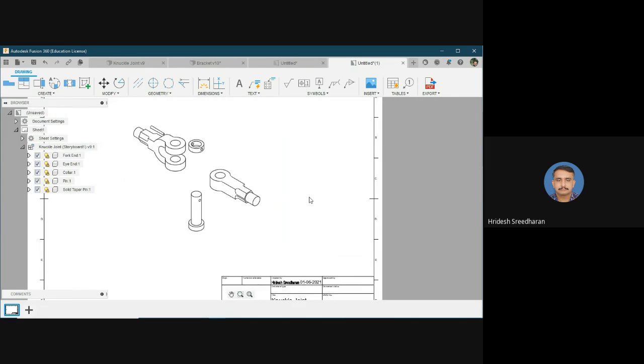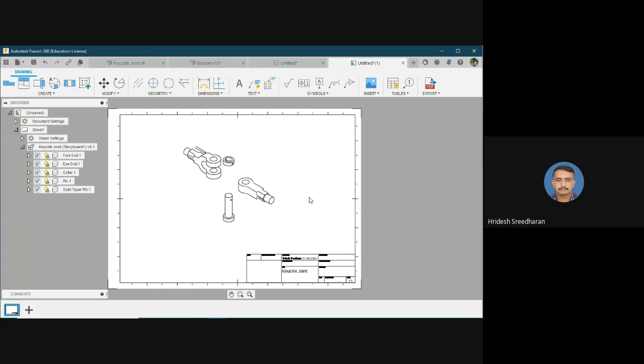Now you have the drawing of the exploded view. We just did this for demo, so it was not arranged well. If you plan and arrange it well, you can get the exploded view directly from it. So it's very easy to get that exploded view.